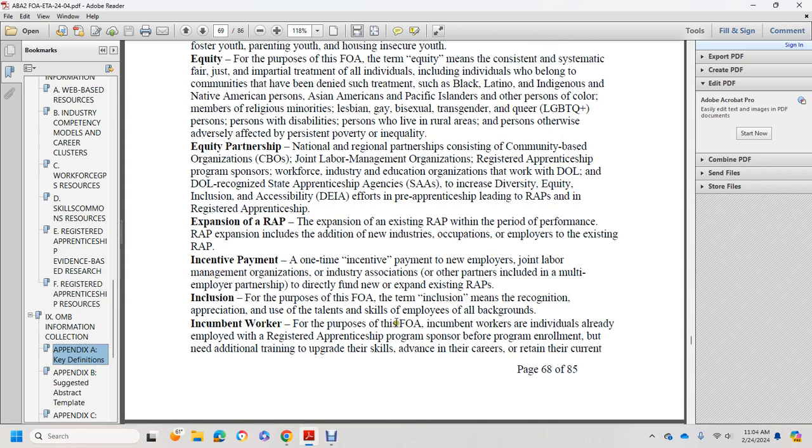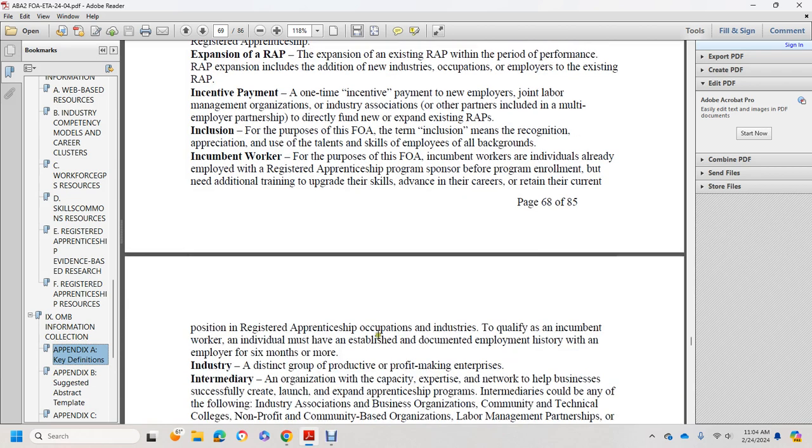And incumbent worker, for the purpose of this funding opportunity, is an individual employed with the registered apprenticeship program sponsor for the program enrollment, who needs additional training to upgrade skills, advance their career, and retain their current position in a registered apprenticeship occupation. To qualify as an incumbent worker, individuals must establish with documentation an employment history with the employer of 6